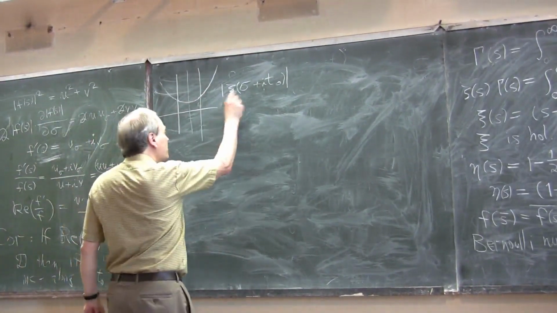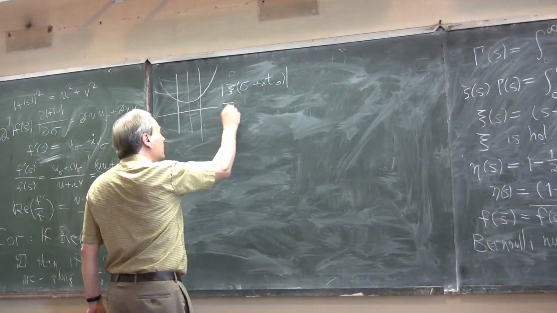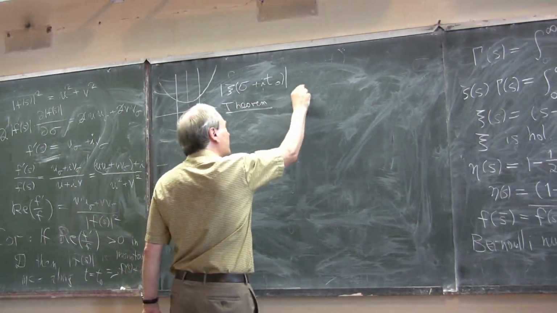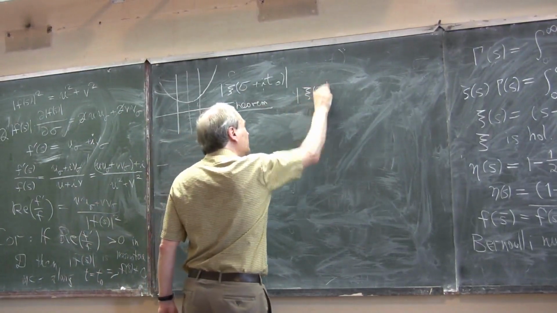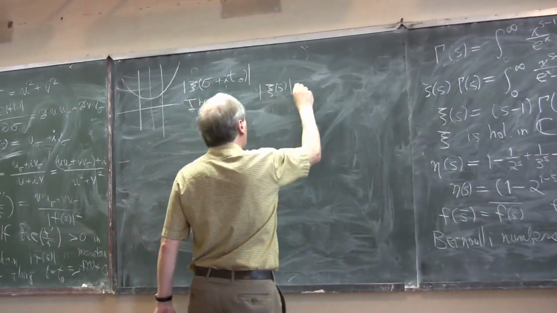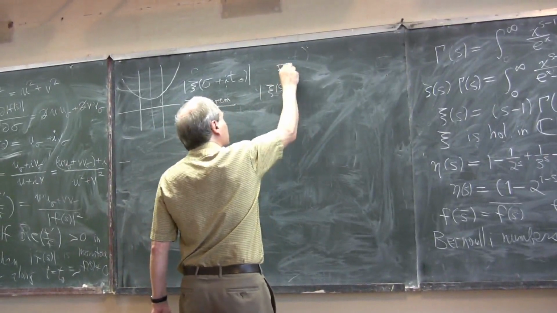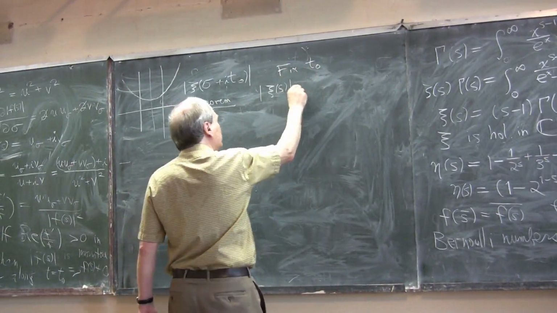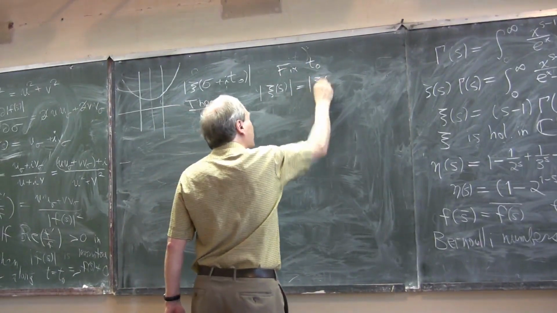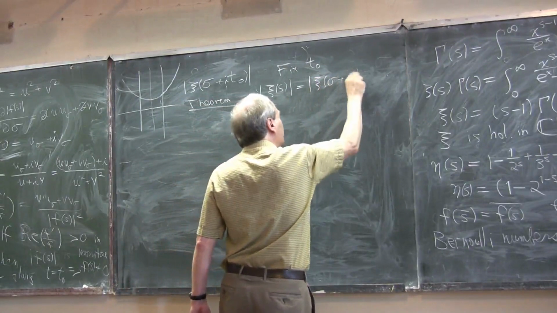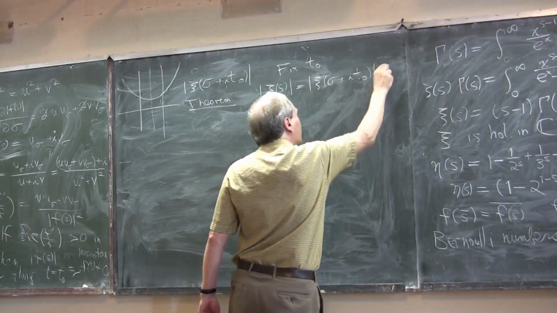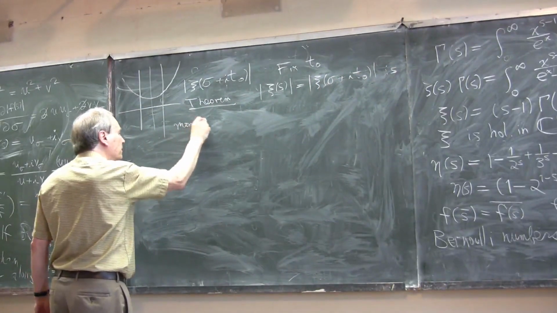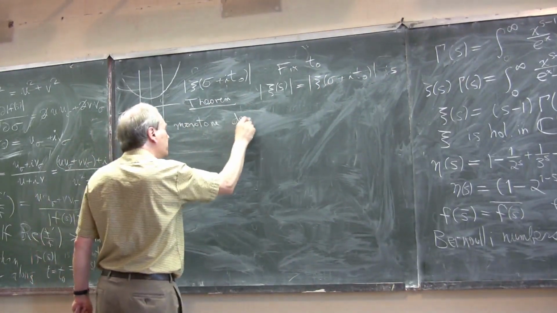So the theorem of Stieltjes and Tricomi says that the modulus of psi of s, we fix T0, so the modulus of psi of sigma plus i T0 is monotone decreasing